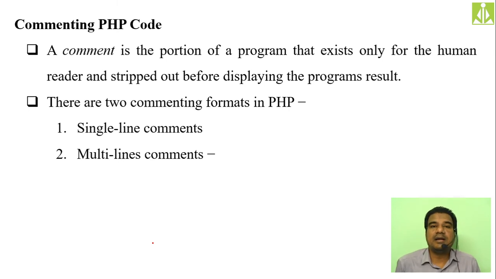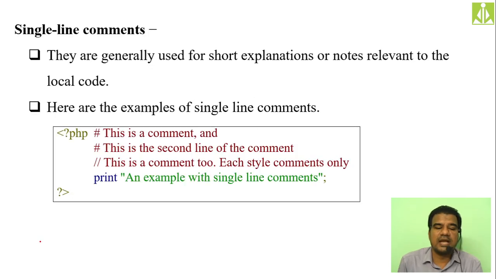Okay, then commenting in PHP. Comments in how many different ways? In two different ways, like your C language, we can do commenting. That is single line comments and multi-line comments. The first way is single line comment, and the second way is multi-line comment. And why do we use these comments? Basically for documentation purposes, to give an understanding of the code you are writing. To give the explanation, to give the description about the code, we use these comments. So the first one, single line comments.